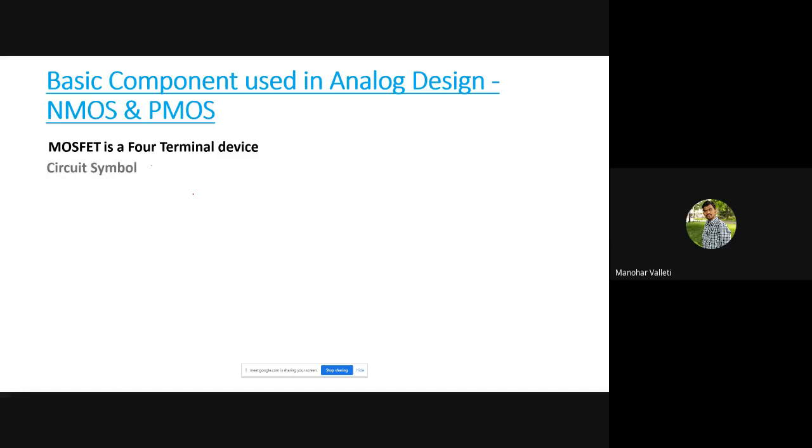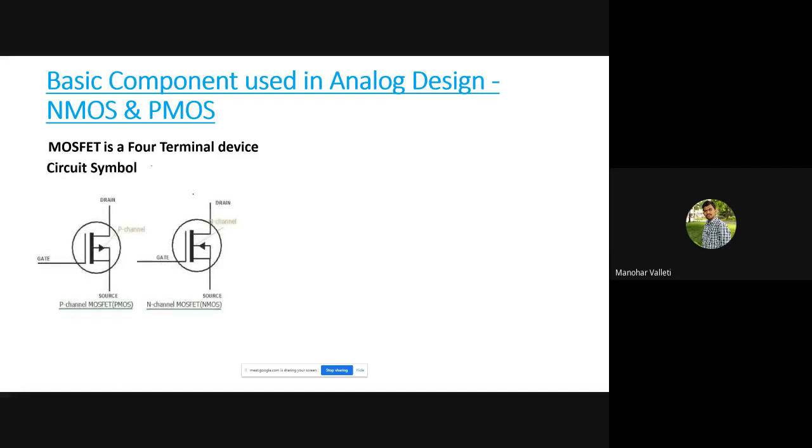So you are familiar with the circuit symbol, I guess. You have different circuit symbols for the MOSFET, right? I think you have clarity about it. I don't need to mention it again, giving clarity about the circuit symbol. This circuit symbol is showing the current direction at the substrate, right?